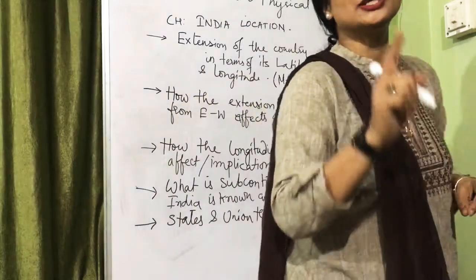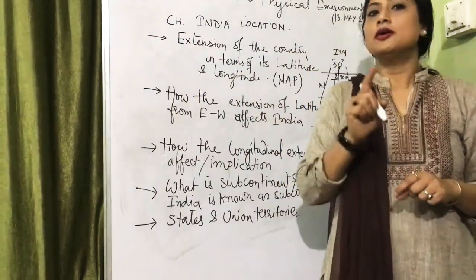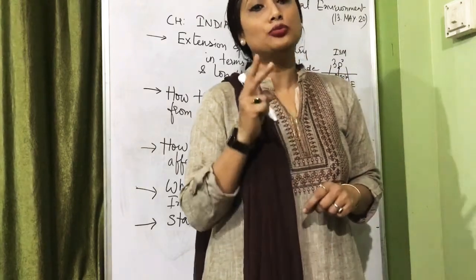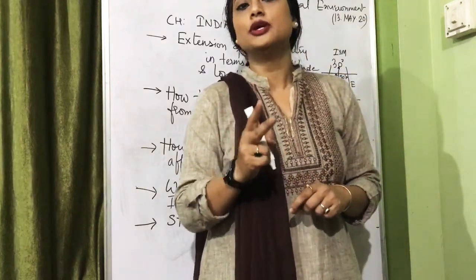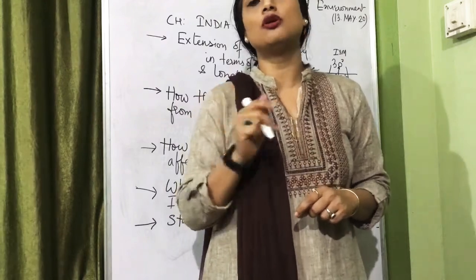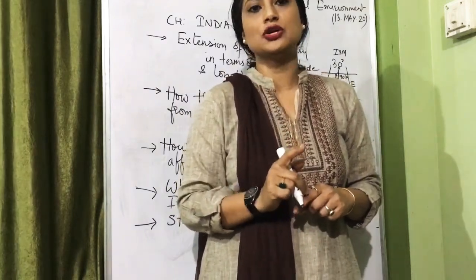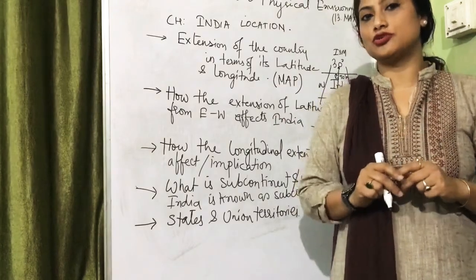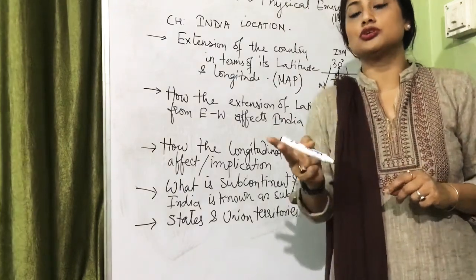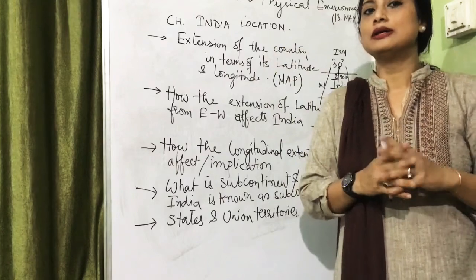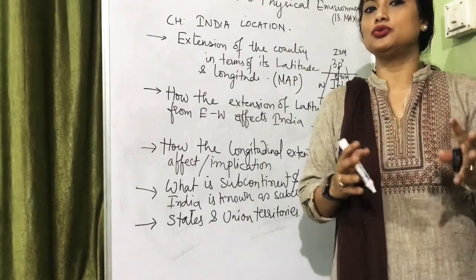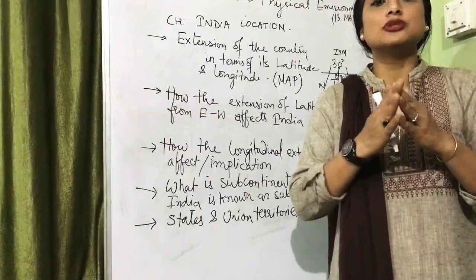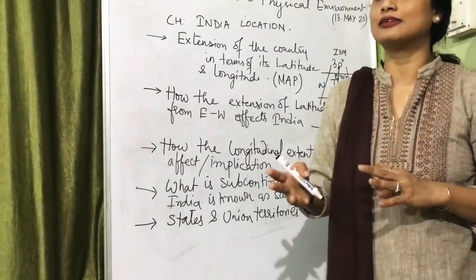We have 28 states and 8 union territories, because in 2019 2 more territories were introduced in the schedule of states and union territories, and one state was divided into 2 union territories, and 2 union territories were merged into one, that is Dadra and Nagar Haveli, Daman and Diu. They have been merged into one. And Jammu and Kashmir, which was a state, has been divided into Jammu and Kashmir and Ladakh as union